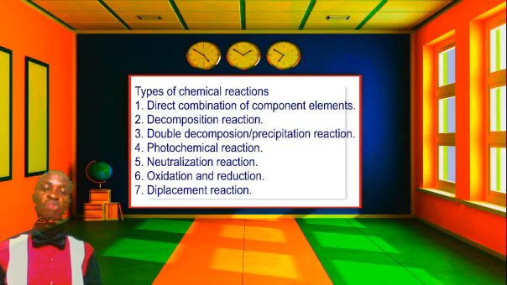The species that is more reactive will displace the less reactive species, and hence the reaction is known as a displacement reaction. So, like I said earlier, we are going to look at each of these reactions with equations